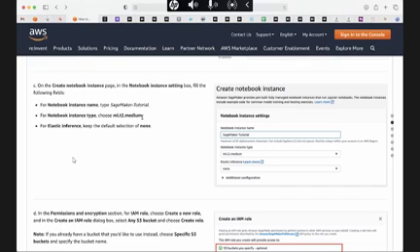Which will have 4 GB RAM or maybe 2 GB RAM or something like that, right? So you can see this, you can keep it at the default, which is given in this tutorial.